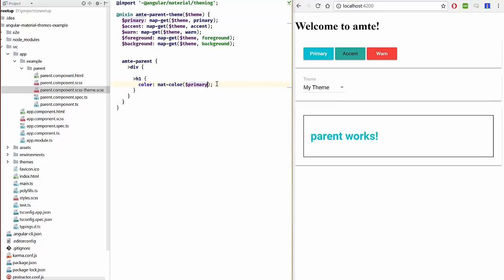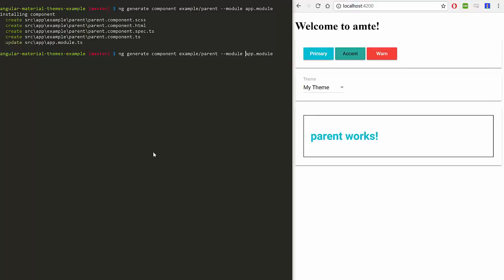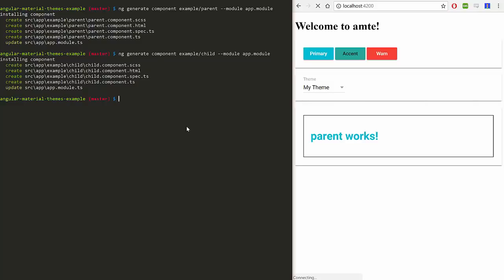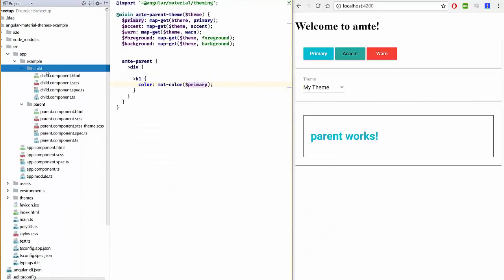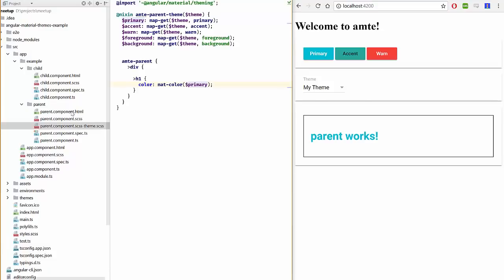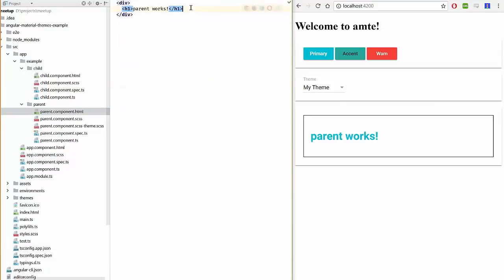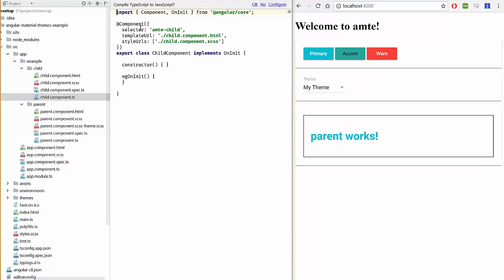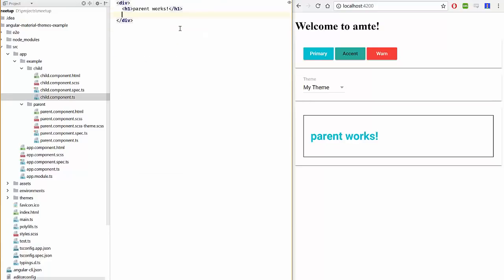So that's cool, but what if we have nested components? Let's create another component. In the examples, call it child, which will be completely the same. We have this child, and the layout will change again. We'll create a div, and an h1 in the child, and as you may remember, of course we have to use the child in the parent. So let's do, what was the selector, empty child,